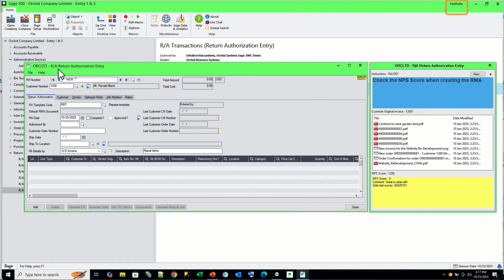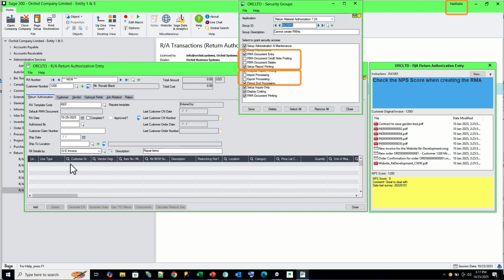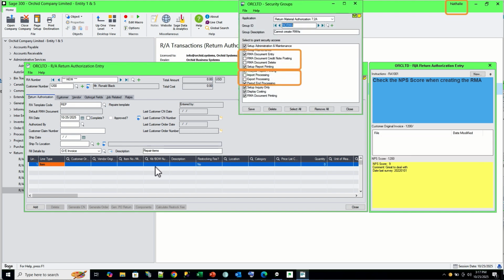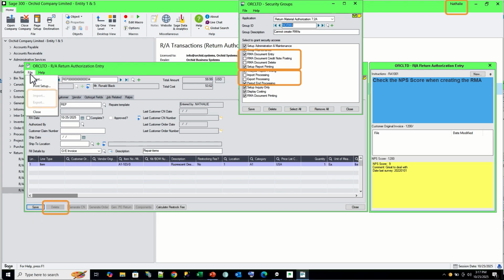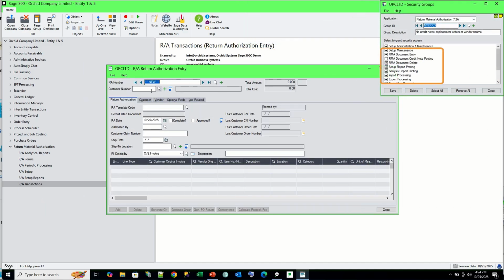Logged into Sage 300 as a user who is able to create RMAs, but not delete or import or export them. Natalie can add an RMA, but is not able to delete the RMA and is not able to import or export RMAs as per the Sage 300 security group that she has been assigned to. And now signed in as Emma, who is assigned to a role where she is able to create